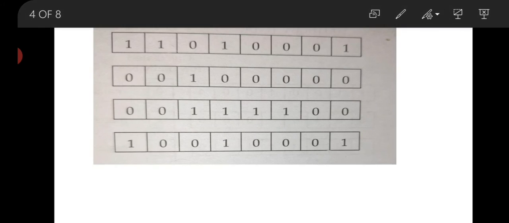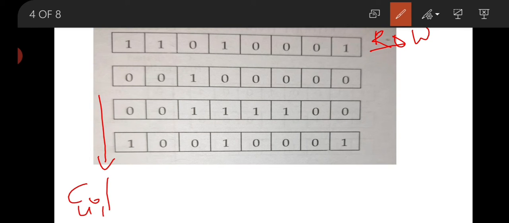See here, this is our data, and this is called a row. Everyone knows about this. This is your row. This is your column. Now calculate the parity bit.